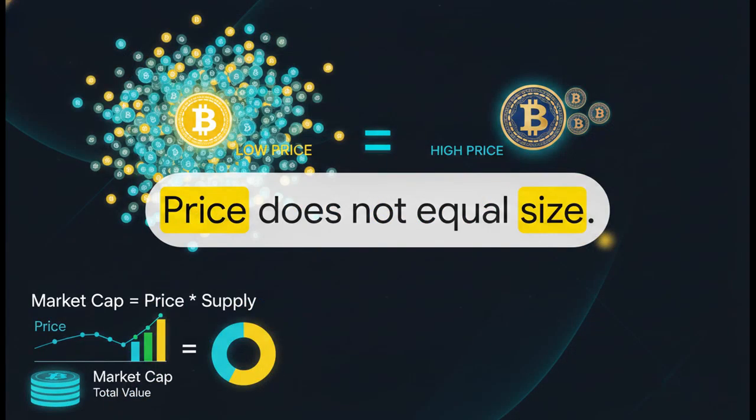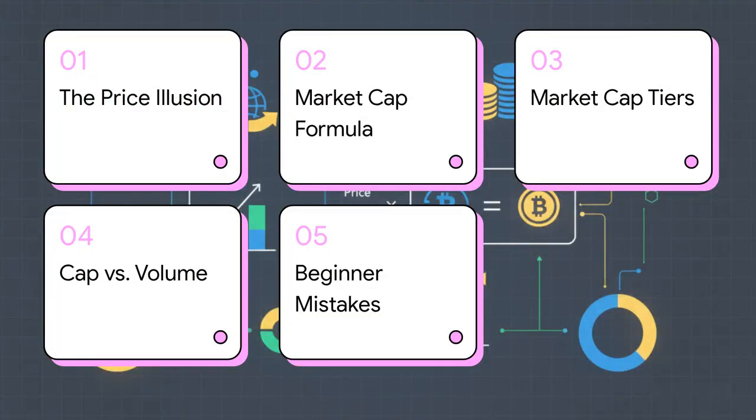And that brings us to a harsh, but honestly liberating truth. Price does not equal size. Picking a coin just because it has a $1 price tag is basically falling for a financial optical illusion. You see, a coin priced at just one single dollar could actually have billions upon billions of tokens in circulation, and if that's the case, its total value is actually massive. It could be worth way more overall than a coin priced at $500 that happens to have a really tiny circulating supply.